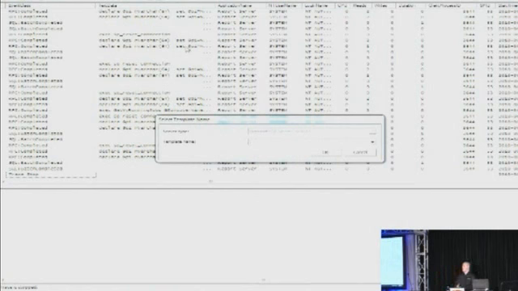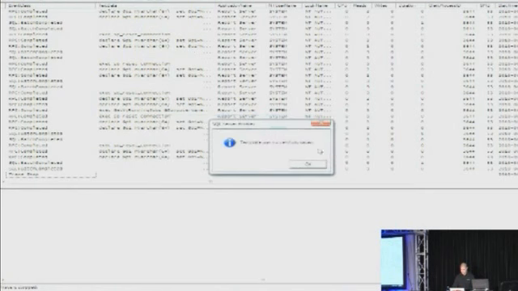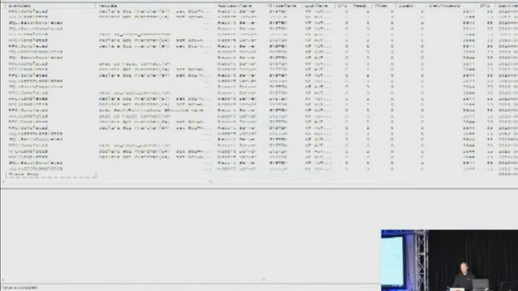Okay. So what I'm going to do here is look at the Dynamic Management View, sys.dm_os_wait_stats. And what wait stats does is it's an accumulation of all of the waits that SQL Server has experienced since the last time the service was stopped and restarted. So if I execute that command,